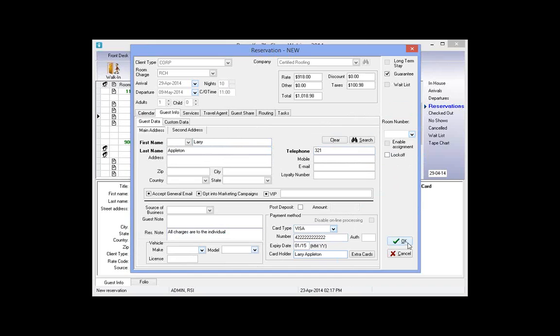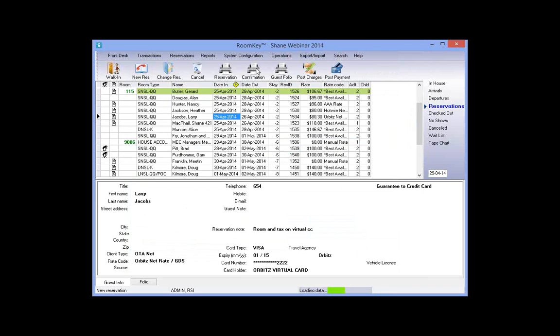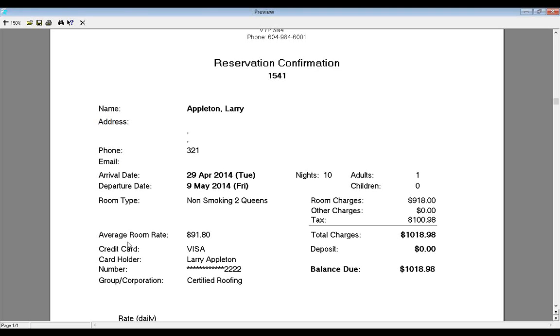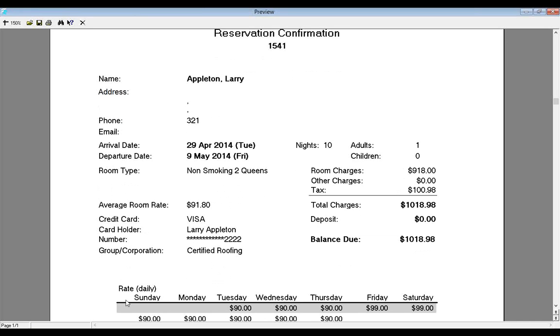Click OK. Now, if I go to the confirmation, really the only difference here is whenever they book with a corporate or a group, we add this field in, group/corporation, certified roofing. If they're not with a group or a company, this field doesn't even show up. Okay,